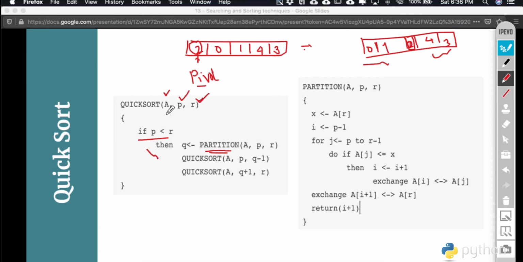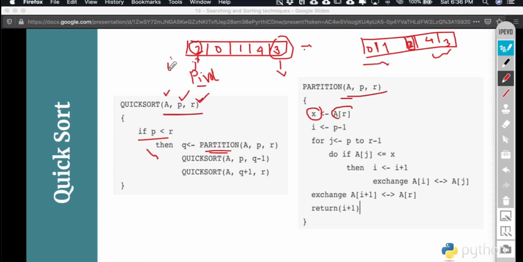So we will follow these three parameters as they are in the partition, as you can see. Now we select one parameter. Here we are selecting the last element as the pivot. That means we are making 5 the pivot element. We are keeping it in a variable x, and now we are starting our index from one position behind the lower index. Lower was p, now we have initialized i with p minus 1, so we start making comparisons from here, and then we make j start from here.